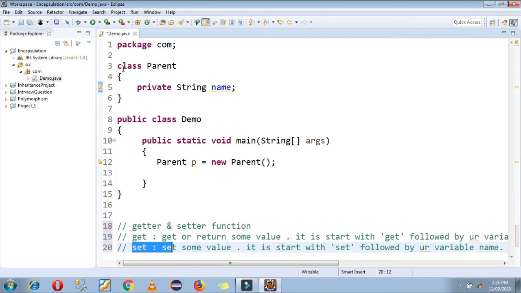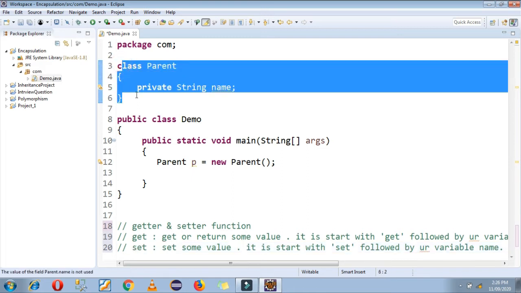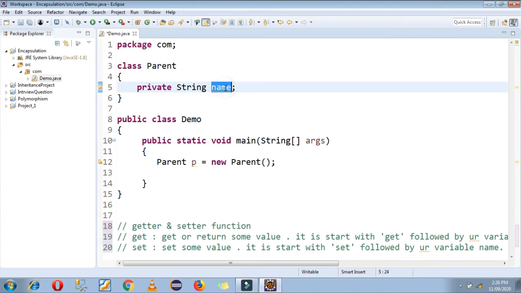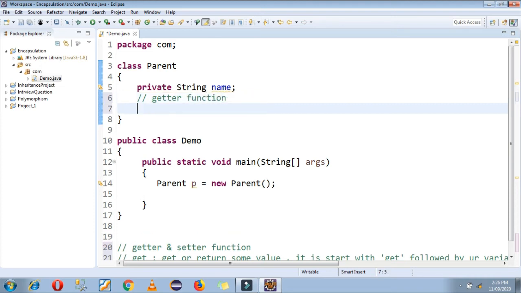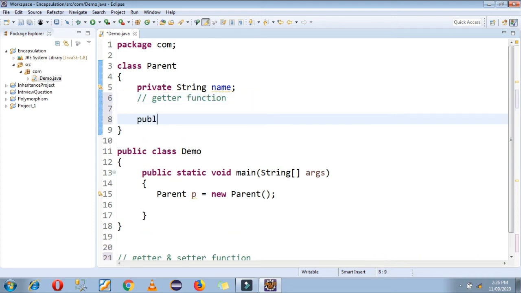So let's take one practical example. I am using the same example here. I want to access this private name in another class. For that purpose, I have to first create getter and setter functions for my parent class. So I am creating the getter function first, like this.